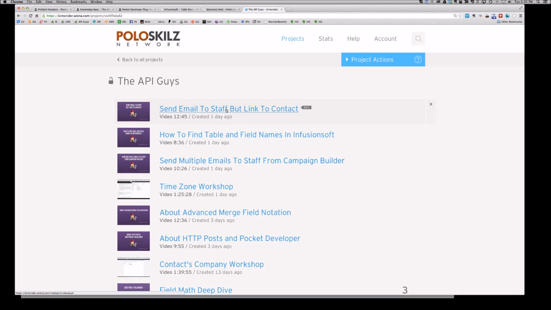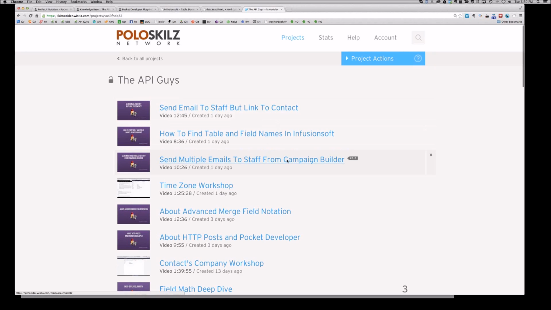Because as soon as what the builder does, every time it builds a link, even if you use our Email Anyone plugin, it's going to change that link to the "to." So it's going to change the information attached to that link to the staff person, not the contact going through the campaign. So we created one there, and over the weekend,